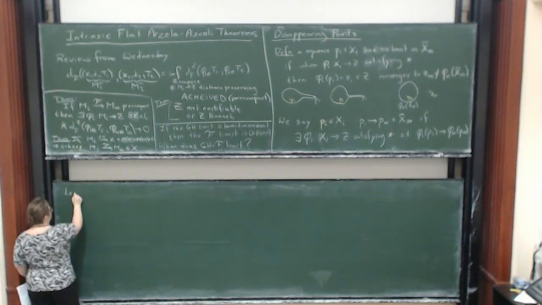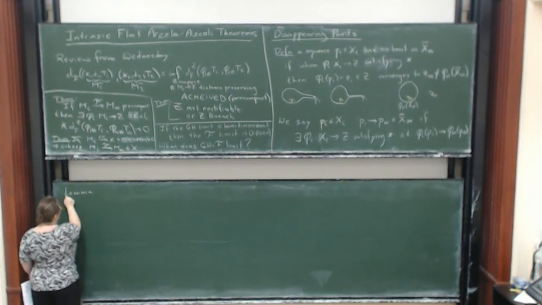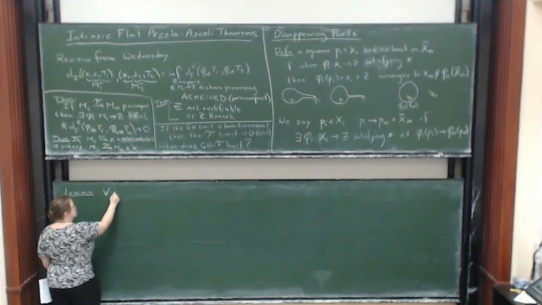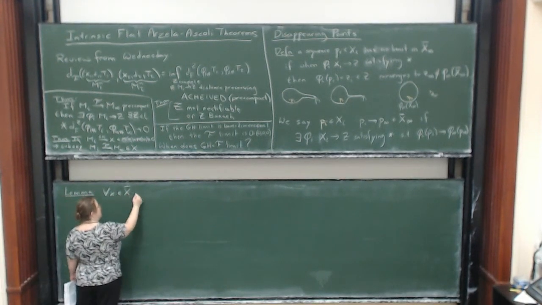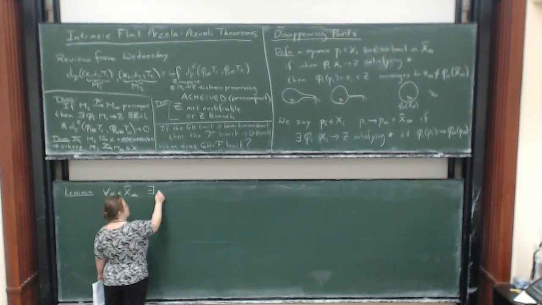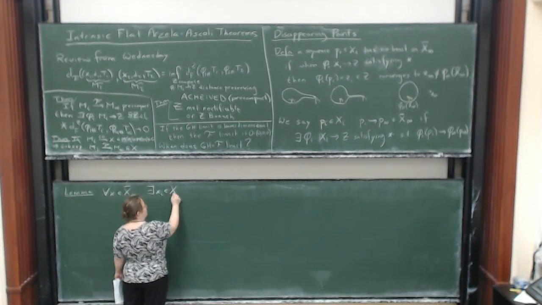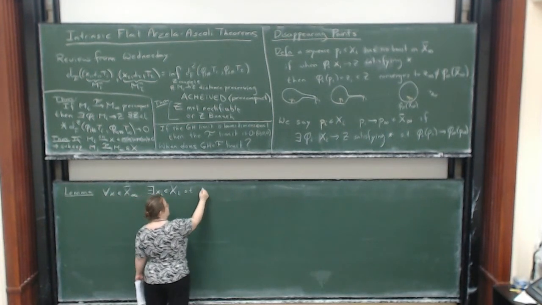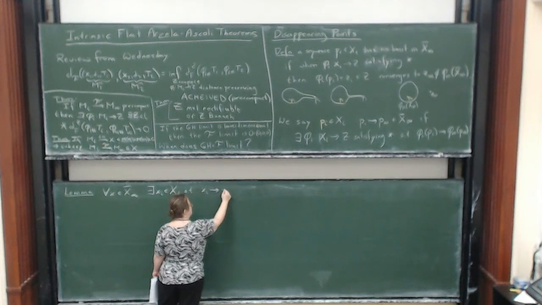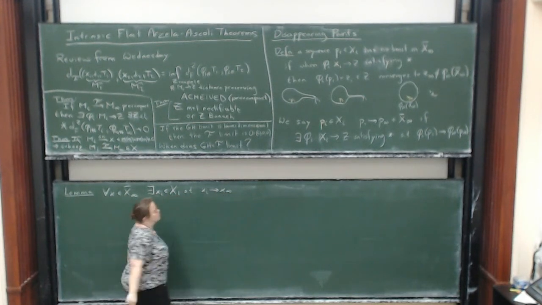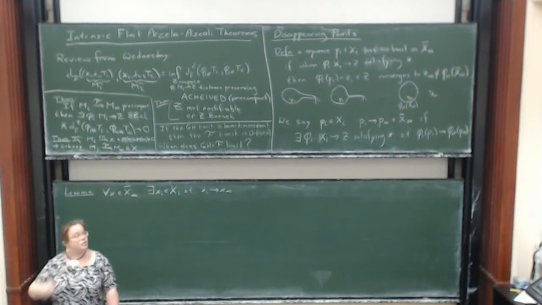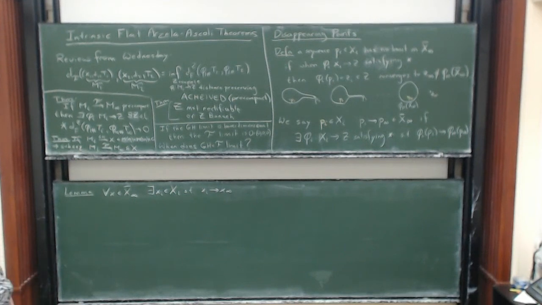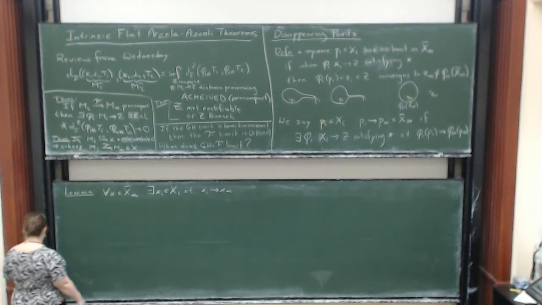So a very basic lemma is that for all x in x bar infinity, there exist x_i's in X_i such that x_i go to x infinity. So for every limit point, you can find a sequence that is approaching it. Okay, so in that sense, this is the same as Gromov-Hausdorff. Okay, so the proof